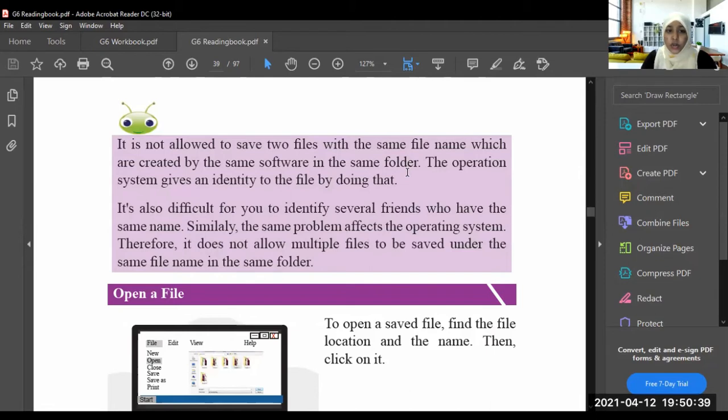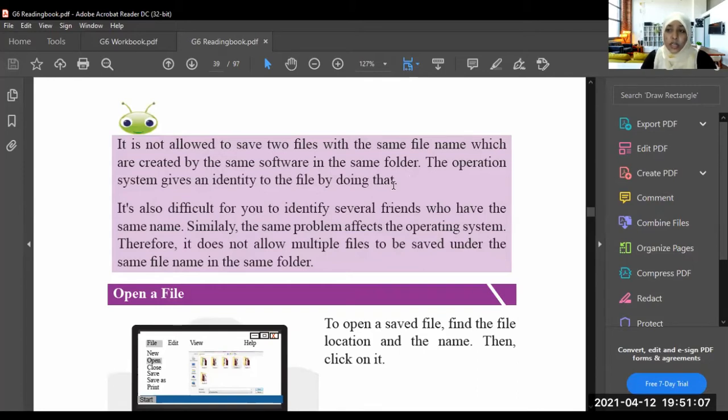Another one is here told to you. It is not allowed to save two files with the same file name. When you are saving a file, you can't save the file with the same name. Okay, the name should be different, for files created by the same software in the same folder. If there is a file created with the same software with the same name, you can't save that.